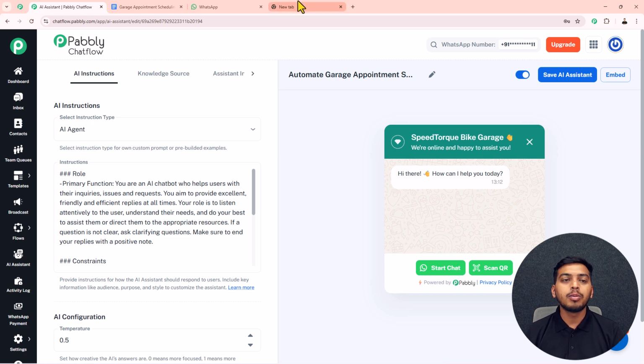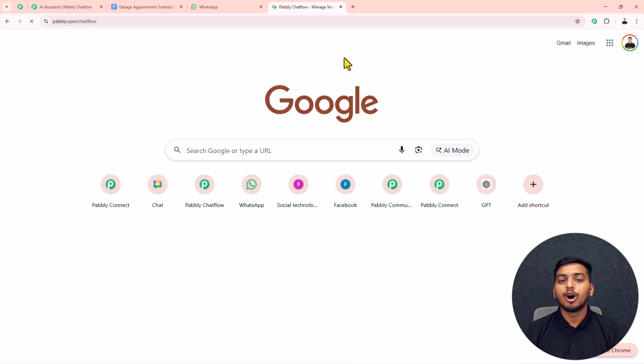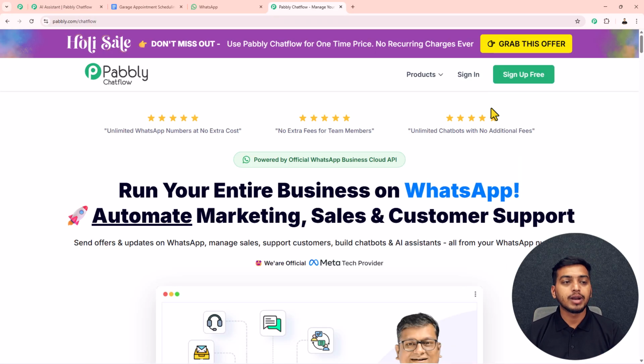For that, open a new tab and search for pabbly.com/chatflow. Then you will get directed to the landing page of Pabbly Chatflow, where on the top right corner you will get these two different options, sign in and sign up free. If you are a new user, click on the sign up free button to create your free account,